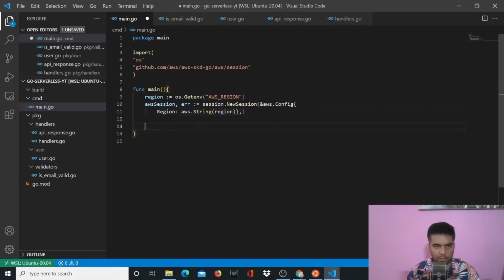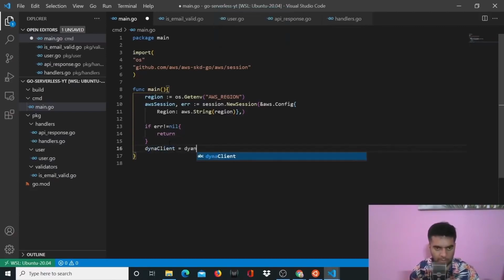And then, as you know, with everything to do with Golang, we usually get two things. We get the thing that we're looking for, which is the AWS session, which will come from the NewSession function, which is a part of the session package that we have here. And we get the error. So with Golang, you have to keep handling errors, and this is a very neat and clean way of handling errors, because at every stage you know where the error is coming from and you can handle it there itself. So if there's an error, just return. And I want to create a variable called dynaClient, which is for my DynamoDB,